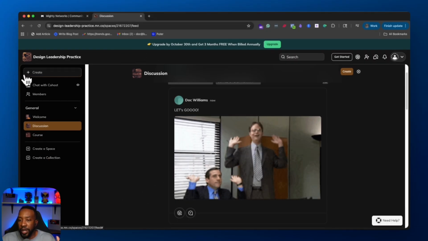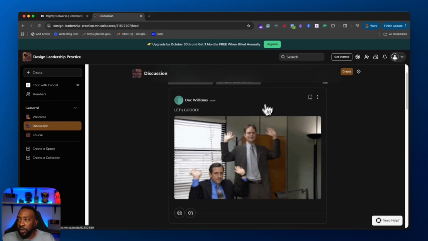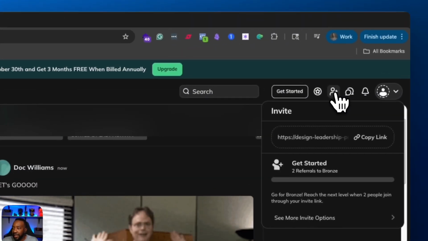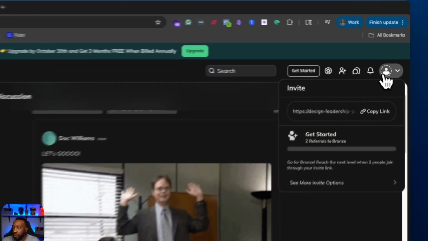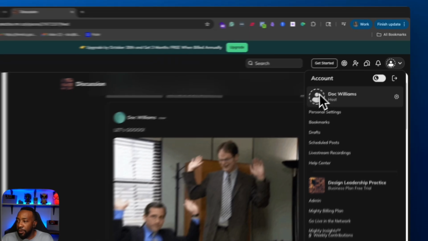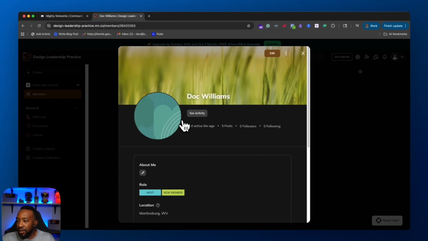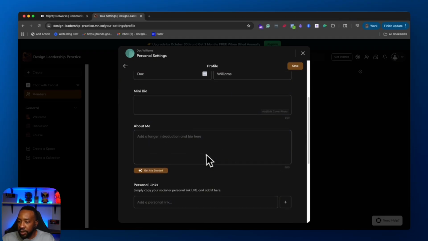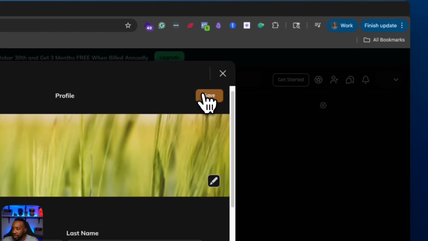All right, so we can see the basic navigation and basic features here. Now, if we want to start looking at more details or how to start inviting people, we can click the icon right here for the little profile picture. We can invite people if we want to. And if we want to start building out our profile, changing things, we can go here. We can first see ourselves right here. We can edit. We can add a picture. And whatever we want to do after we're done, we can talk about myself, the little bio, add location, all of those things we're going to save.